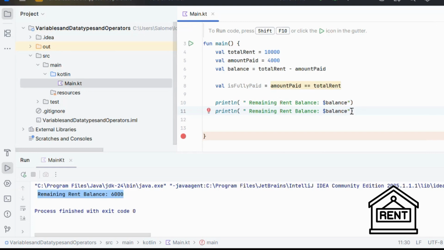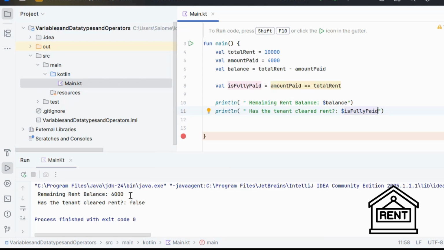So I just copy pasted that and write here, has the tenant cleared rent? If yes, then return is fully paid. So now when we run again our